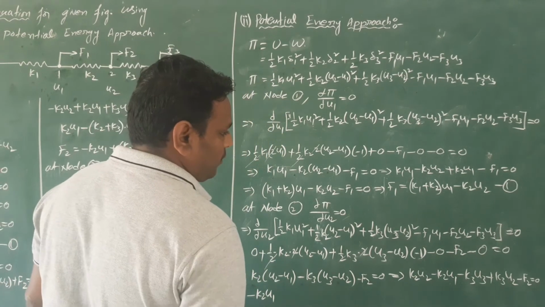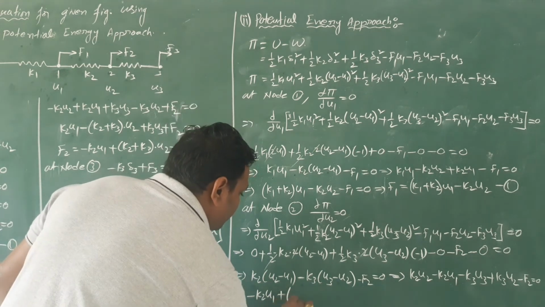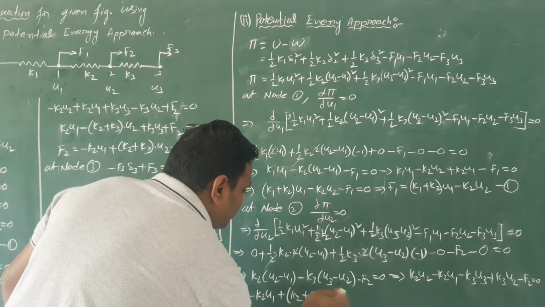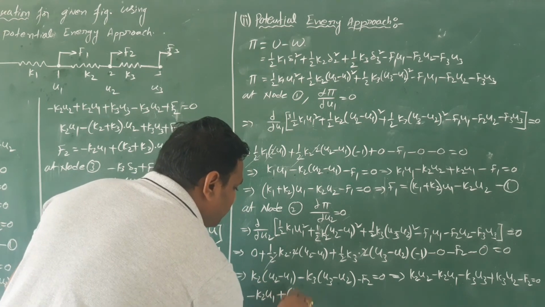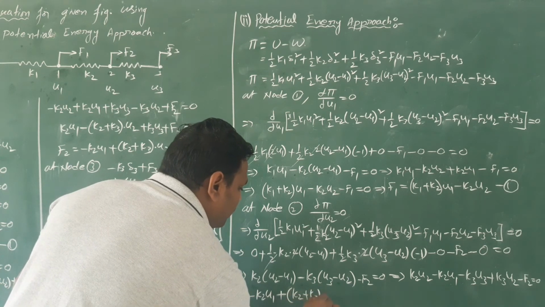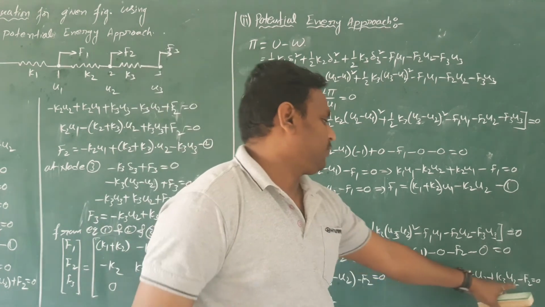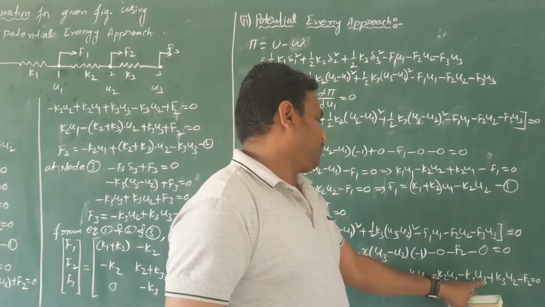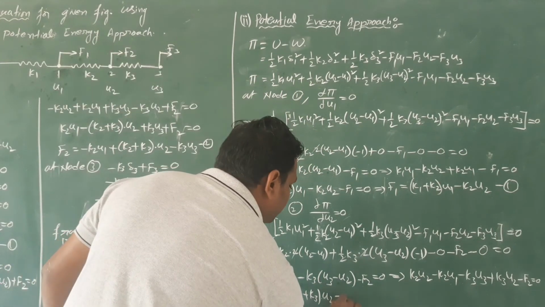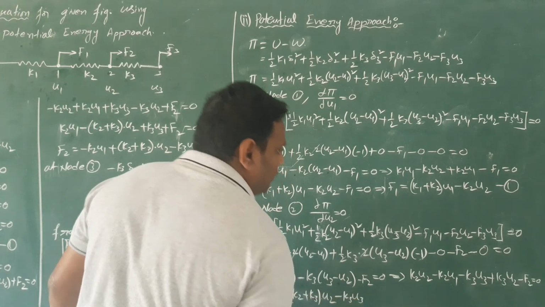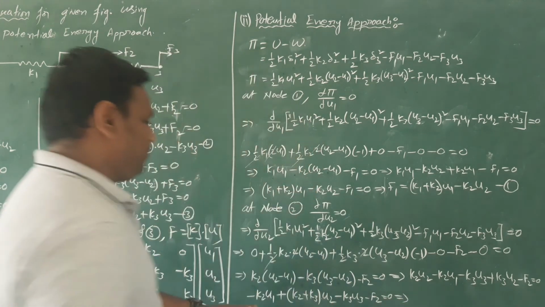So finally we got k2 plus k3 into u2. Okay, next u3 value is 1, only 1, that is minus k3 u3, so minus k3 u3 minus f3 is equal to 0. This will become